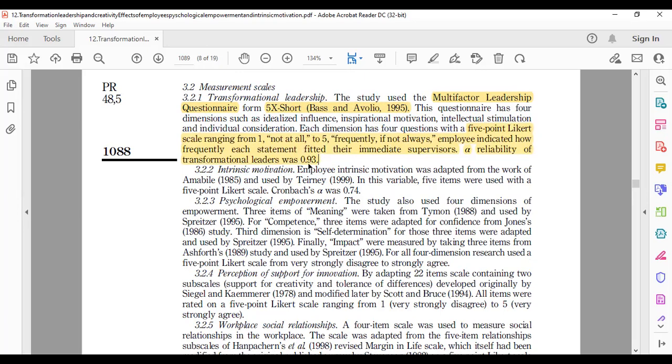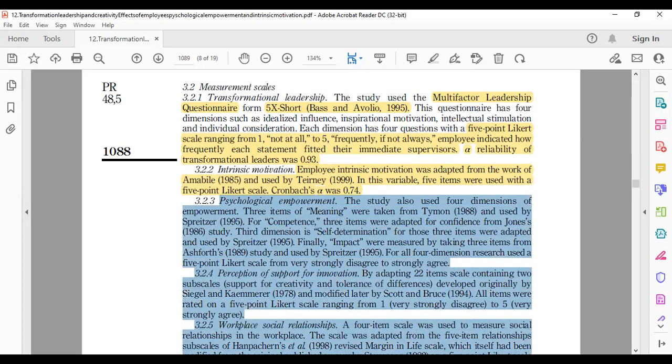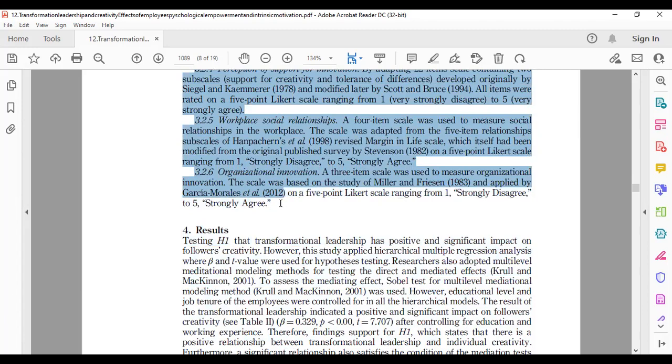Here you can see. It is the same way for employee intrinsic motivation, and you can highlight this portion, psychological empowerment. These are the following information. You highlight this.